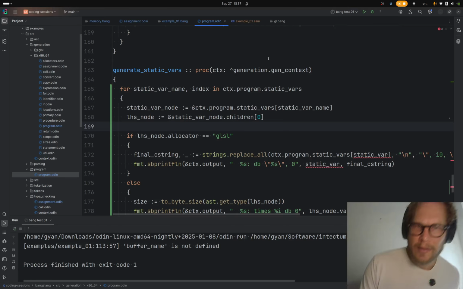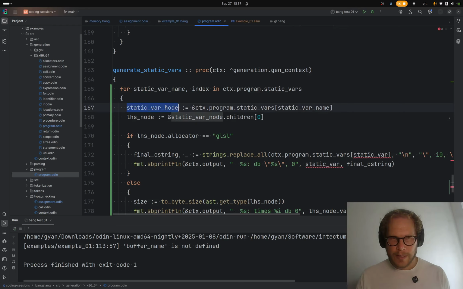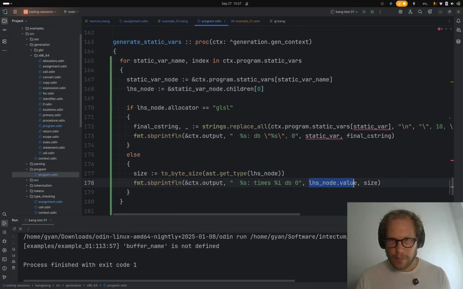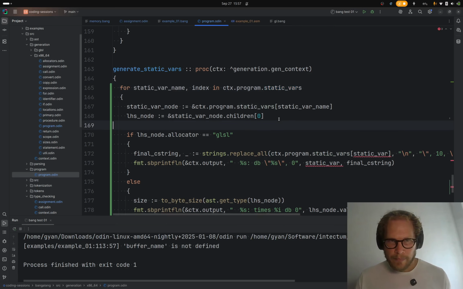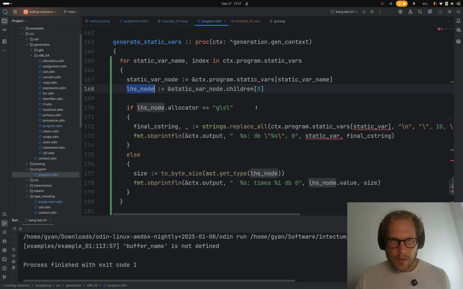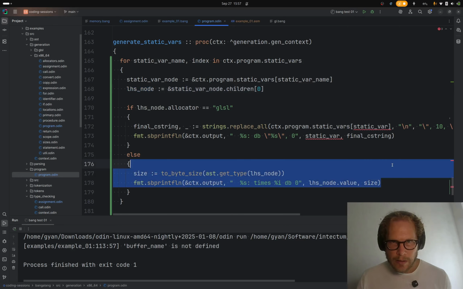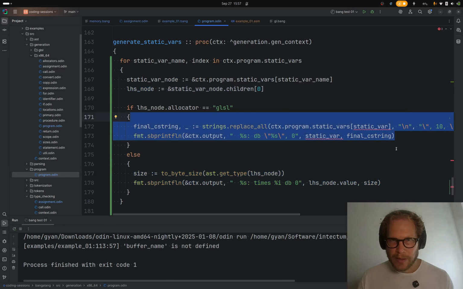now that we're taking this node here, the whole assignment node, the left-hand side value is the name. So I'm starting to think, what's the point in having this be a map? Maybe it should just be a dynamic array. Let's see. So we have the left-hand side node, zero initialize. Here we want to do a string, not a C string. So let's have